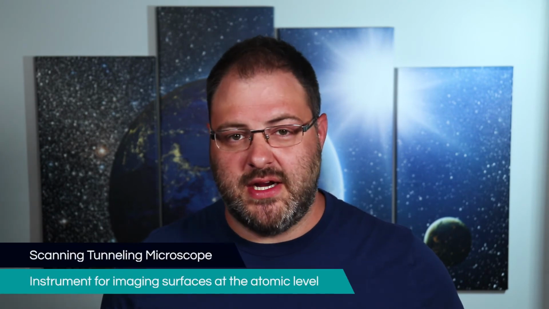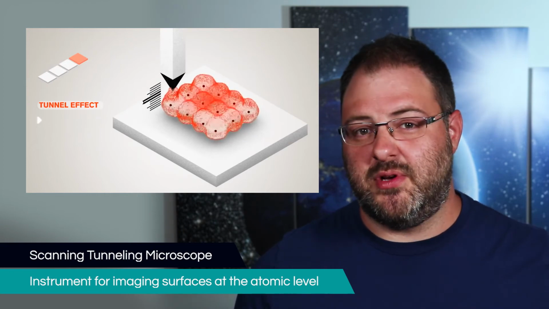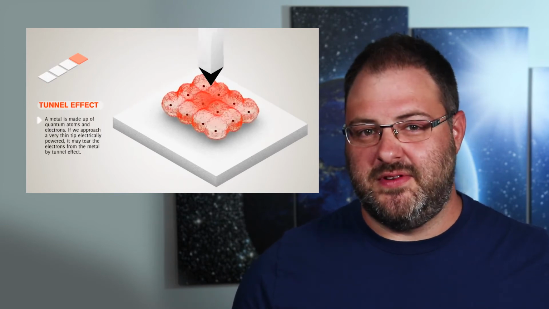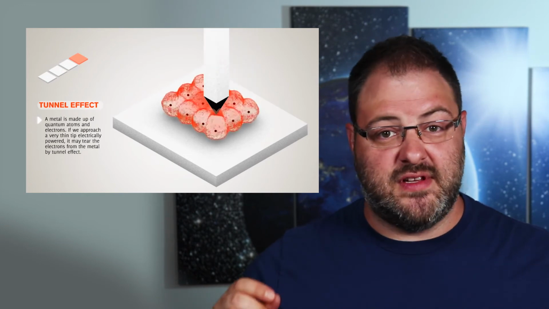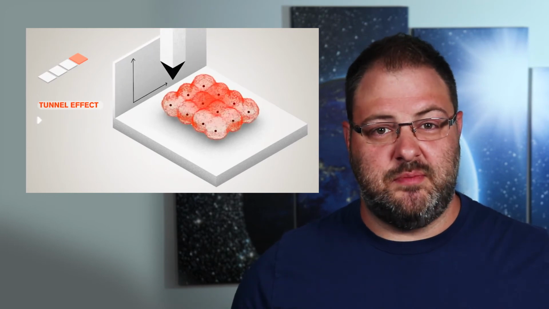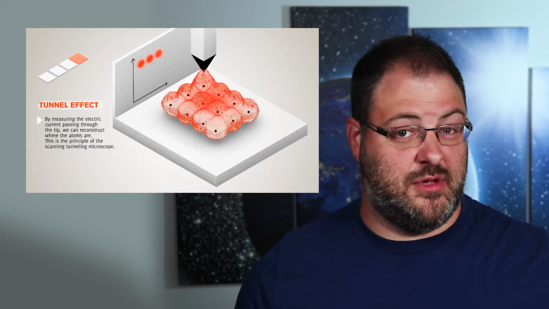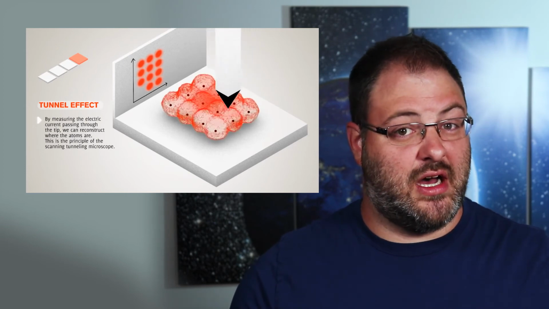Now, as far as technology goes, we already covered some of the challenges and some of the benefits that quantum tunneling presents. One that we haven't yet talked about though is the scanning tunneling microscope. This microscope operates by bringing an electrically charged and very thin tip close to some atoms in a material, like metal for example. When the tip is close enough to the surface, there's tunneling that happens between the electrons of individual atoms and the tip of the microscope. This allows us to measure exactly where the atoms are located so we can reconstruct it on a chart or an image. This is so precise that we can even use this to move individual atoms to other locations.